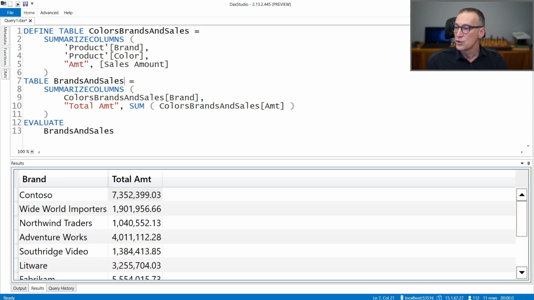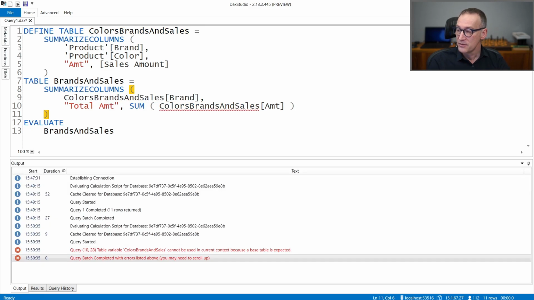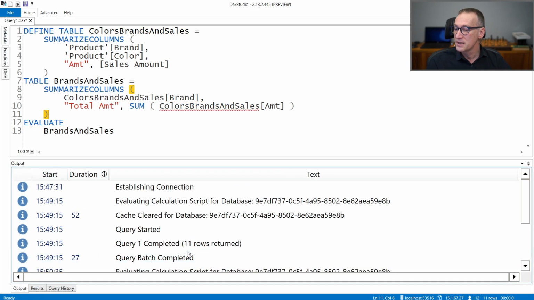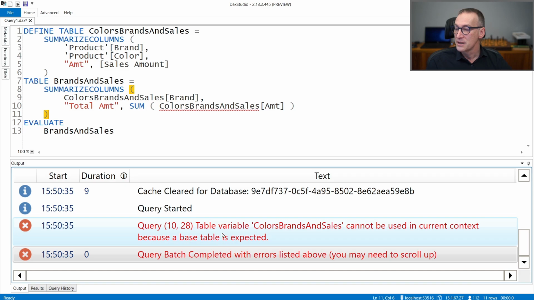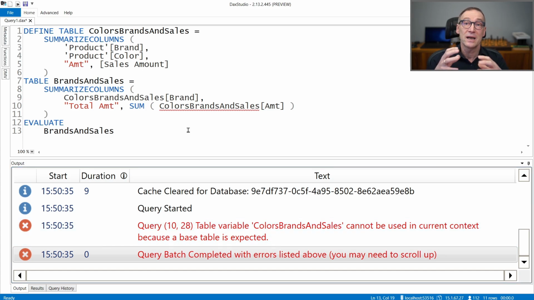Now in the definition of Brands and Sales, I am using Colors, Brands, and Sales, which is another calculated table. This is not allowed. If I run this query, all I obtain is an error that says that the table Colors, Brands, and Sales cannot be used in the current context because a base table is expected. You cannot use a calculated table as the source for another calculated table.